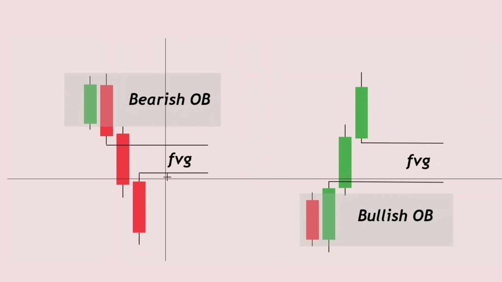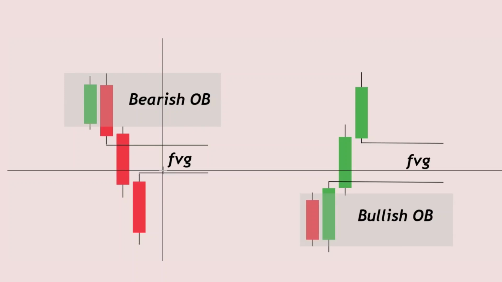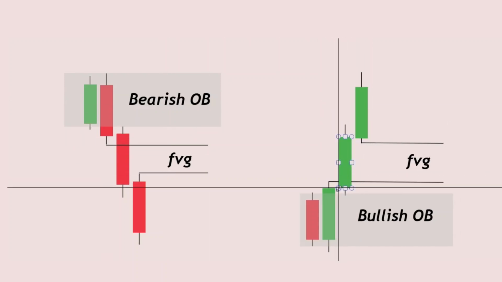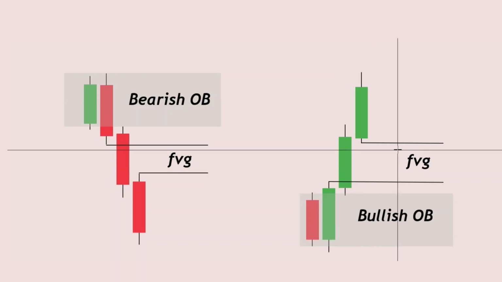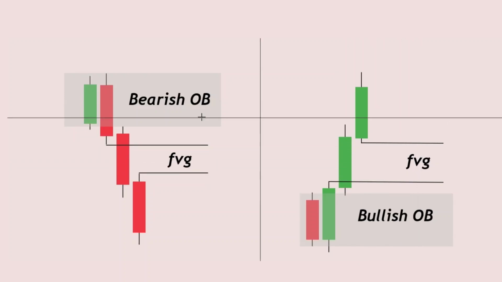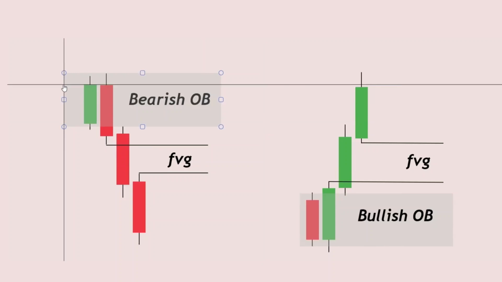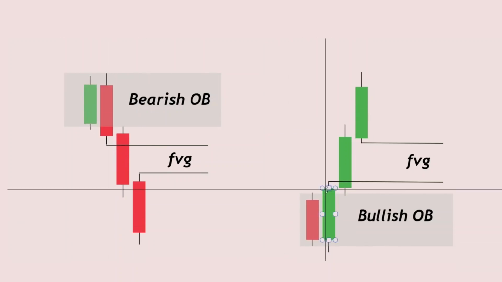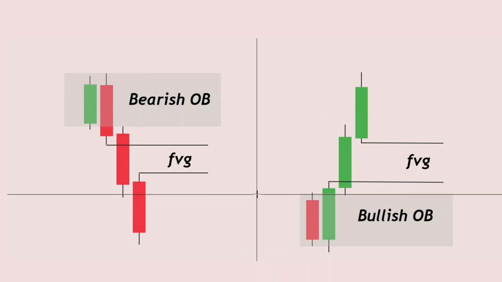We can easily find it. Our eyes always find fair value gap. It is simply the price always displays creating the imbalances. Order block is nothing but a last buying candle, last selling candle before the big institutional selling